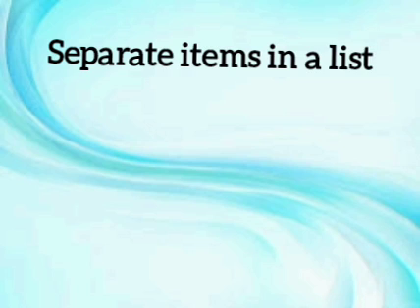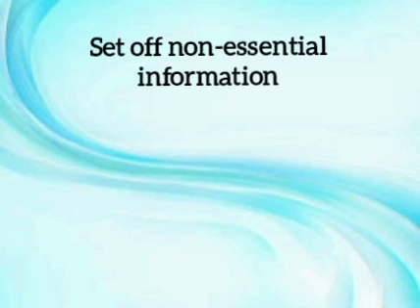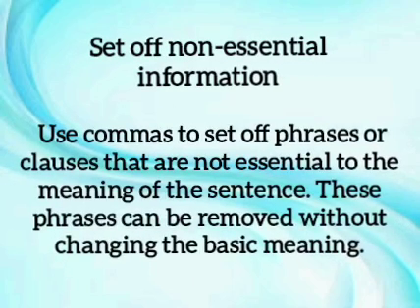Separate items in a list. Use commas to separate items in a list, but don't use a comma before the conjunction, and, in a simple list of two items. Example. I bought apples, oranges, and bananas. Set off non-essential information. Use commas to set off phrases or clauses that are not essential to the meaning of